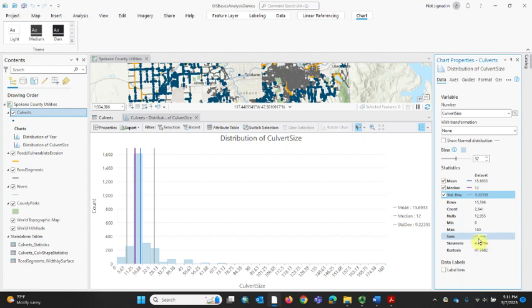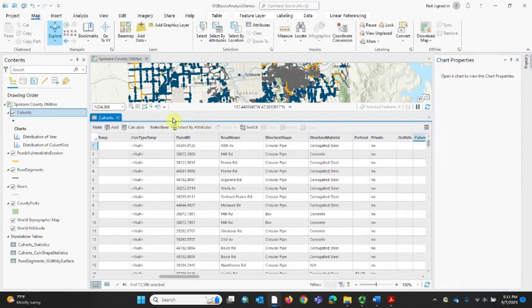The sum of the width of all the culverts, that's kind of meaningless for this. Skewness and kurtosis are measures of this data's fit with a normal curve, so that if you were going to do some different statistical tools on it, you could see whether those were appropriate for the data. At a class at this level, we don't need to go into those with more than just, hey, that's what they are. Okay, so that's us running statistics. Let's run it again. We could run it on